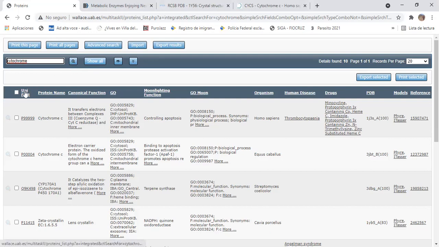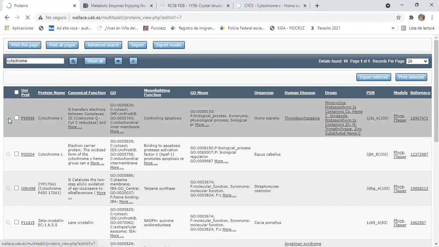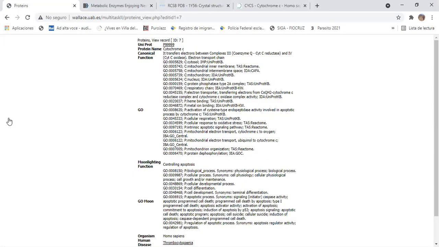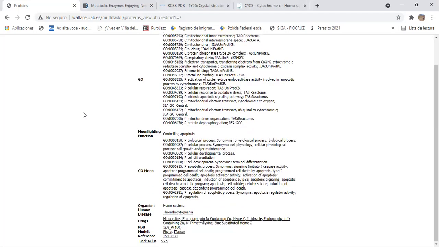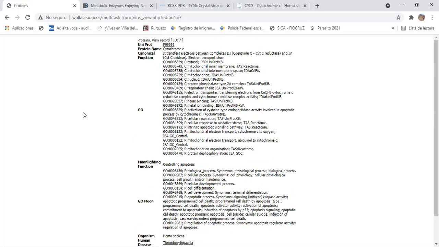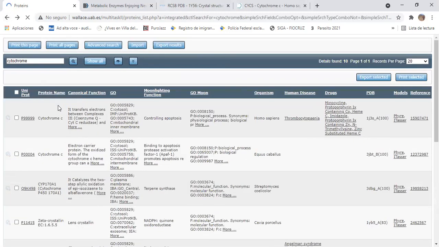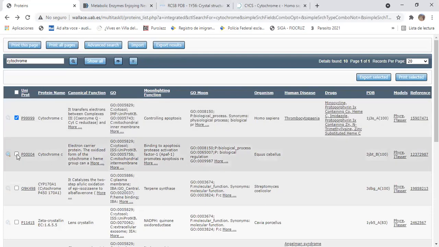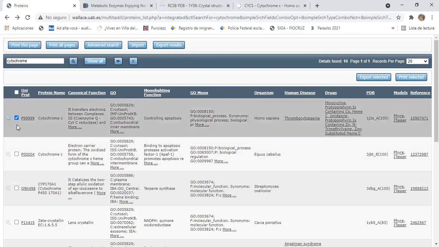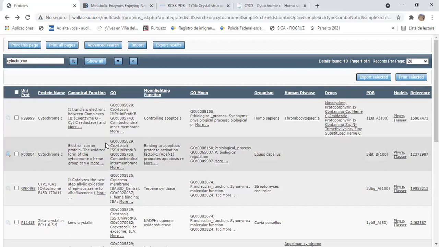And in the first column, you can click here and have all the information that you can find for each protein or on each lane. We go back to the menu, and here you can click and select the protein of interest and export the